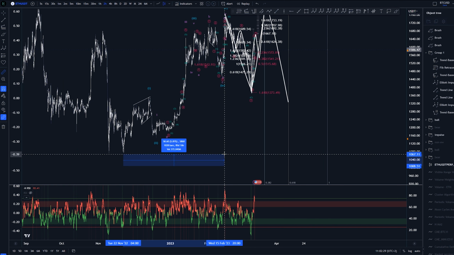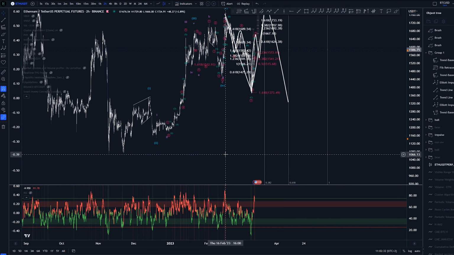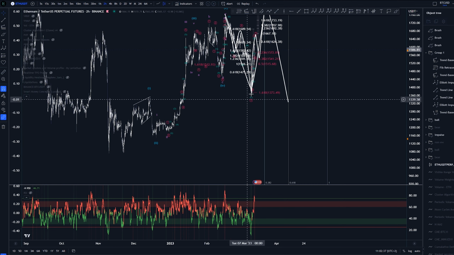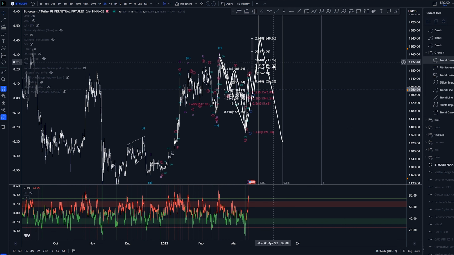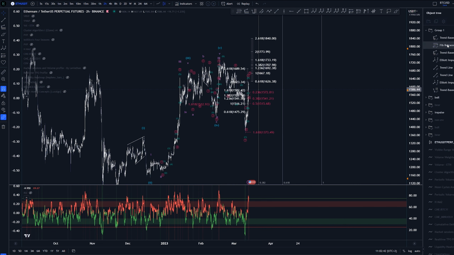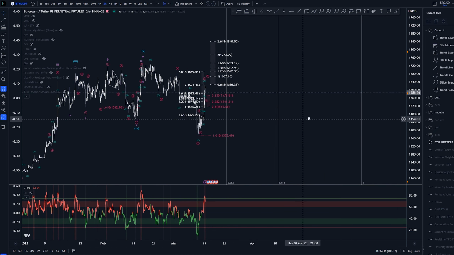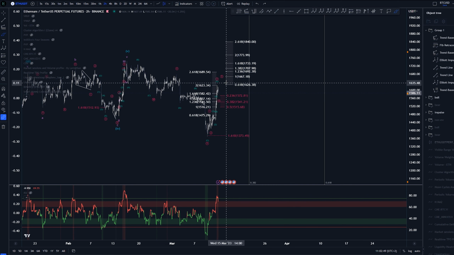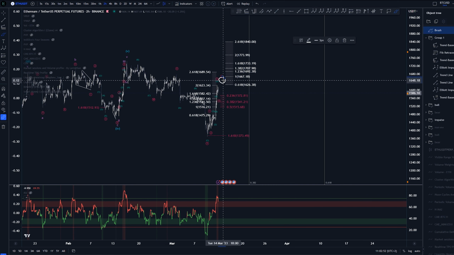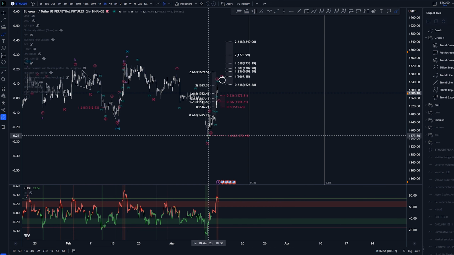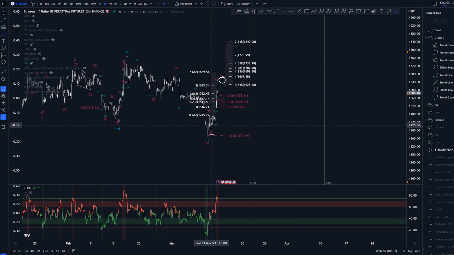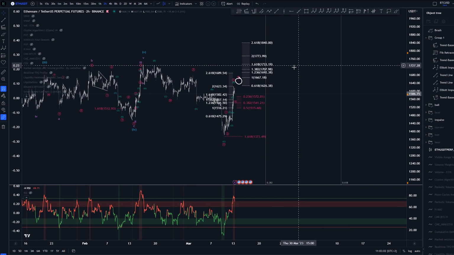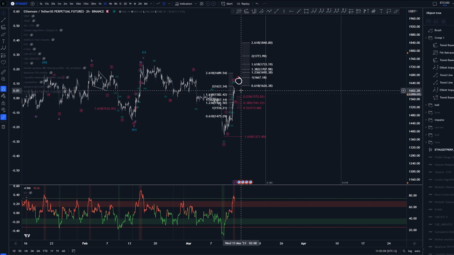This took already, let's see, 86 days, and the correction that we had took only 20 days. So I kind of want to see us create a bit larger correction here before we continue to the upside. But again, at this point, it looks like it wants to correct upside, at least one more after this structure is done. But definitely this is going to be allowing and giving us possibilities of shorting again downwards to create a correction for this structure. But yeah, I think those are the things that I'm looking for on ETH for the next week ahead. So let's see how that plays out.